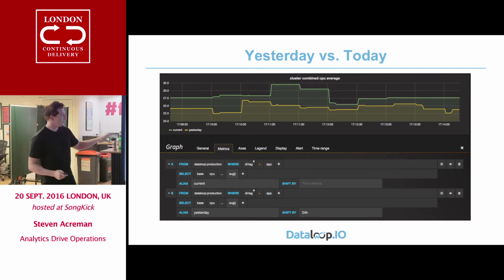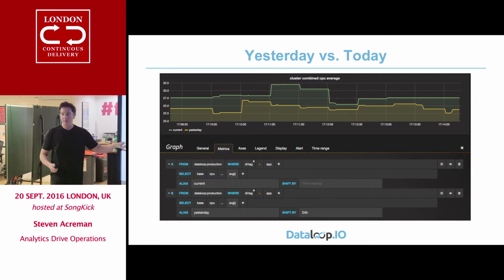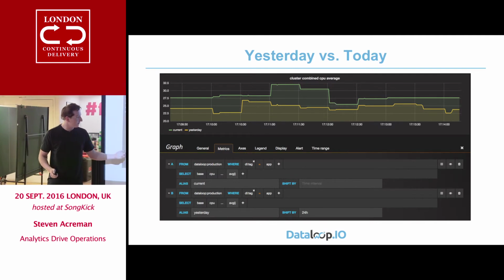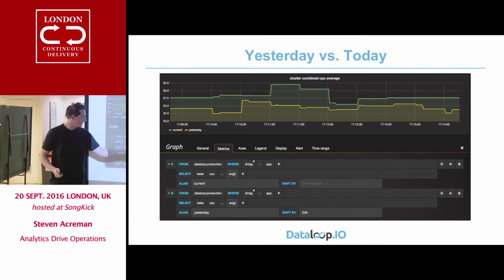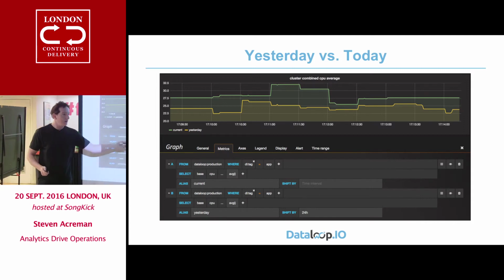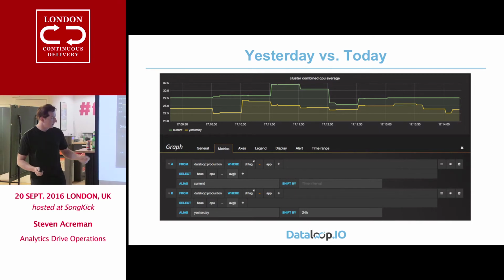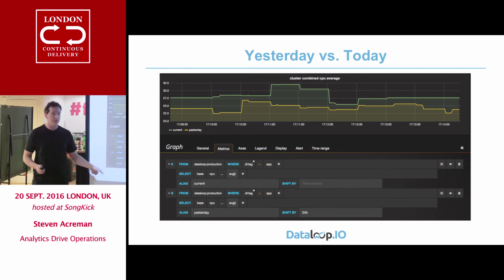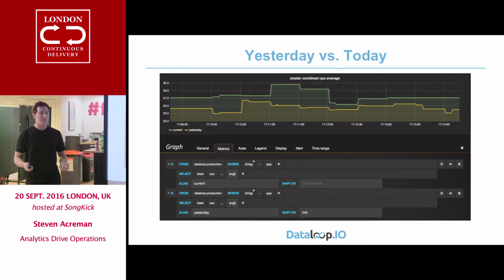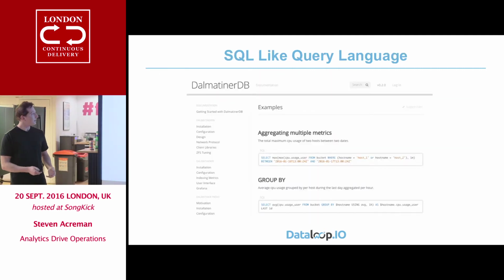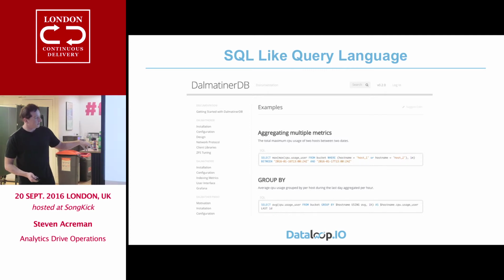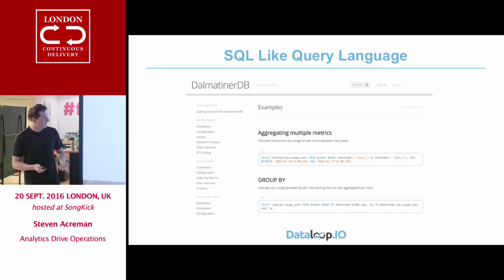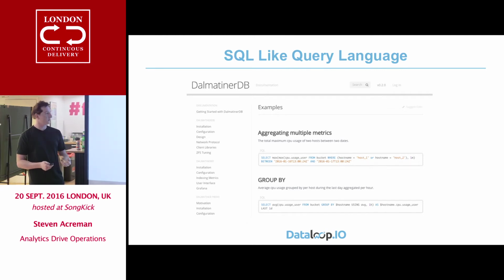With this stuff you can start using SQL style queries. You can get all your data in. Say, from my production account where my tag is the application servers, give me the CPU, average it out over the interval, call that one current, and then do the same thing again, but time shift it by 24 hours and call that one yesterday. So you can do loads of cool stuff with this once you get all the data in. And again, it's just a SQL style language. That Grafana thing's just literally generating a SQL query behind the scenes that you can send off.